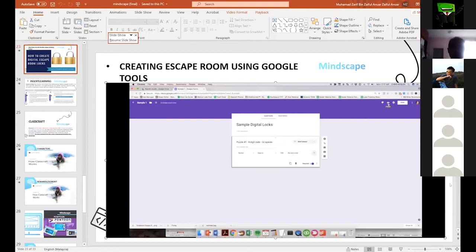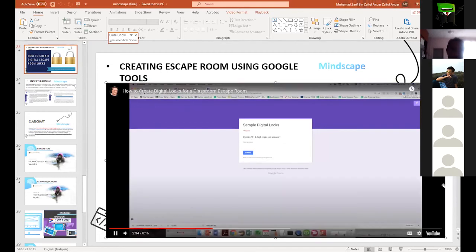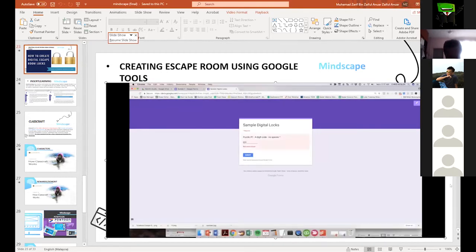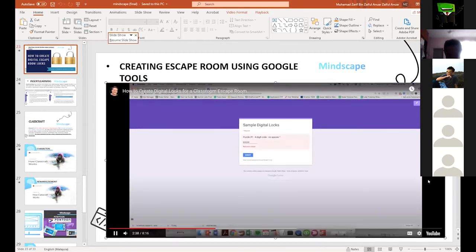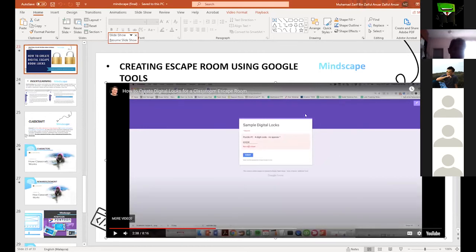If you click on this eyeball up at the top, you can preview it. They get the title of the code, and they can only answer one code at a time. It's puzzle 1, they need a 4-digit code, and they come up with this, and it doesn't work. So as you can see, when you're creating the puzzle, you can preview the form through the student's view, so you can see if your answers are correct or not. You can design the puzzle according to what you want.